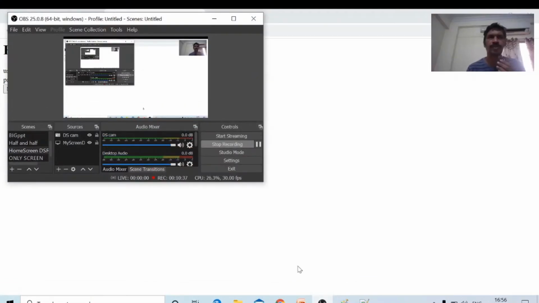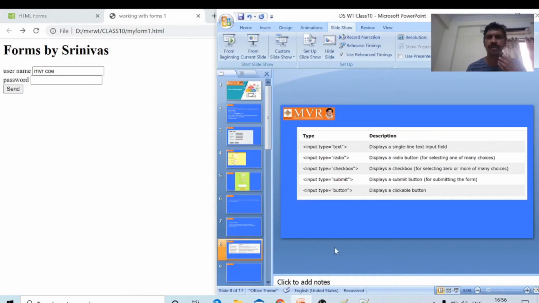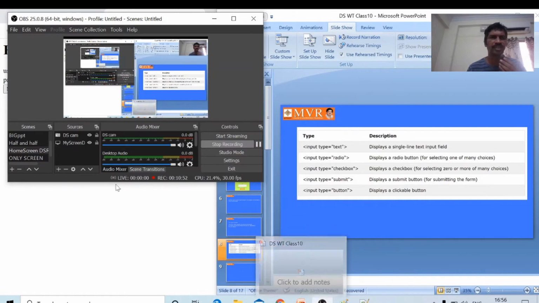If it is an email field, we have to validate it. How to validate it, we will see in detail next. This is the method for displaying a text box using input type equal to text. If the input type equal to text, the text box will be displayed. If the input type equal to password, the password field will be displayed. In order to get the next line, we use the break statement.